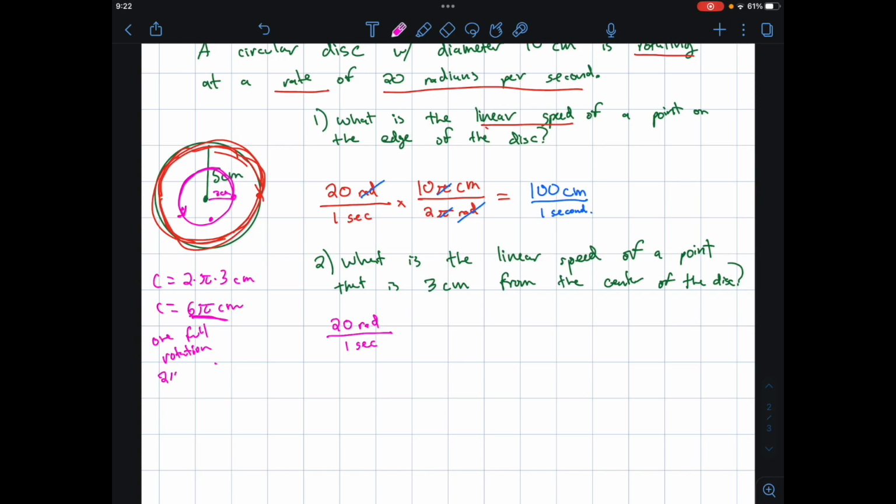And that occurs every 2 pi radians. So we'll use our conversion and we'll say we go 6 pi centimeters per every 2 pi radians, and then we'll be in linear speeds. The radians cancel, pi's cancel, and we end up with 60 centimeters per 1 second, and that is our linear